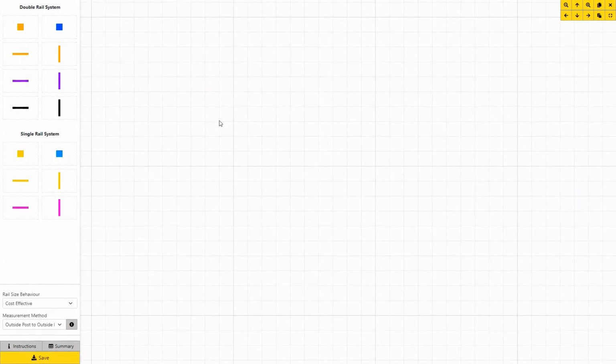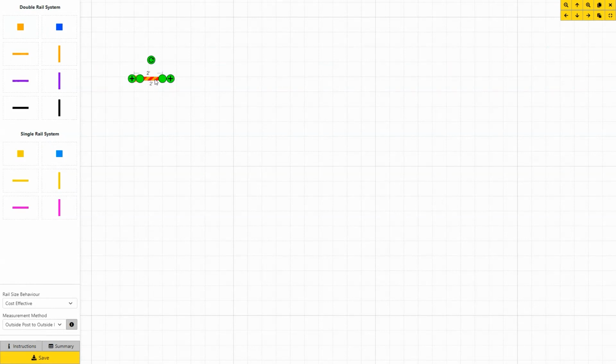All right, let's talk about making short work of big projects. If you have a large run of guardrail to do, you'll love this next trick. Let's say you have 200 feet to cover. You'll be here until next Tuesday trying to place posts and rails individually. So just place your first post,